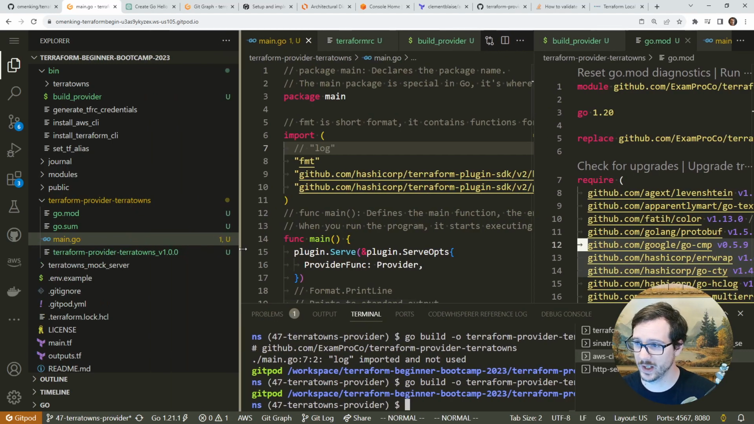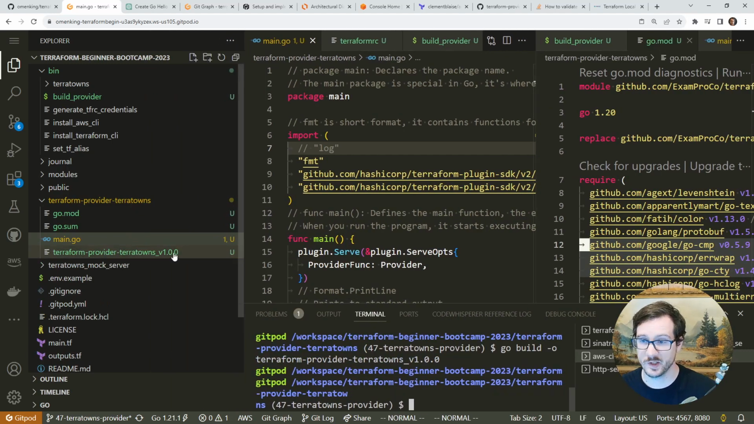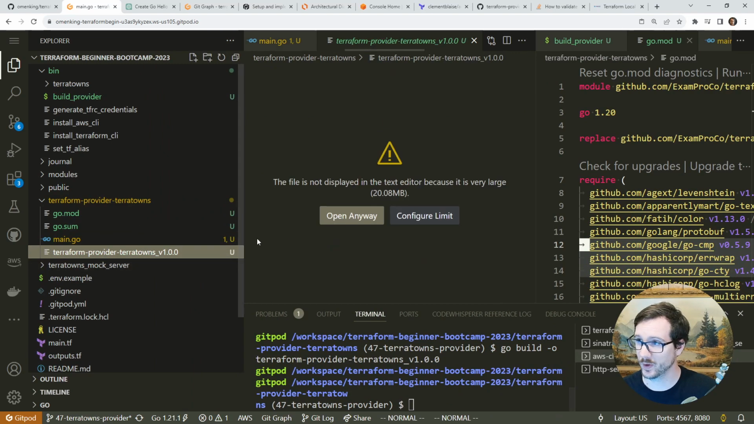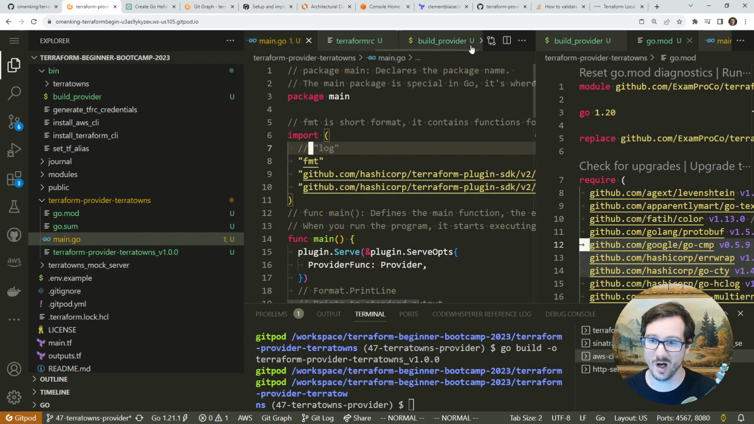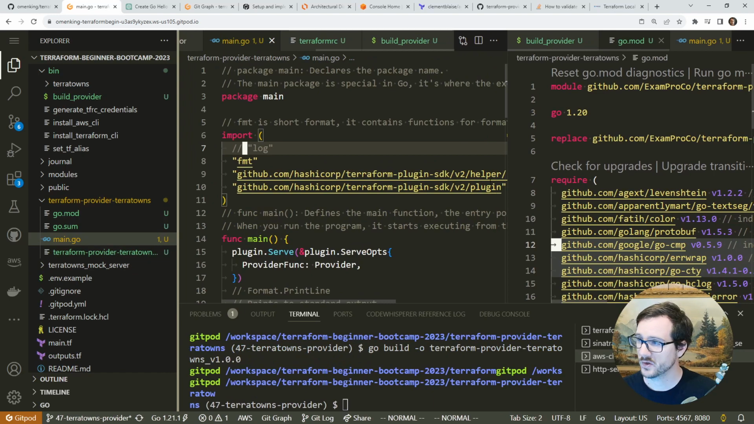And notice here that we have this binary here. This is a big binary. You can open it up. It's 20 megabytes. We do not want to commit this to our code base. So what I'm going to do